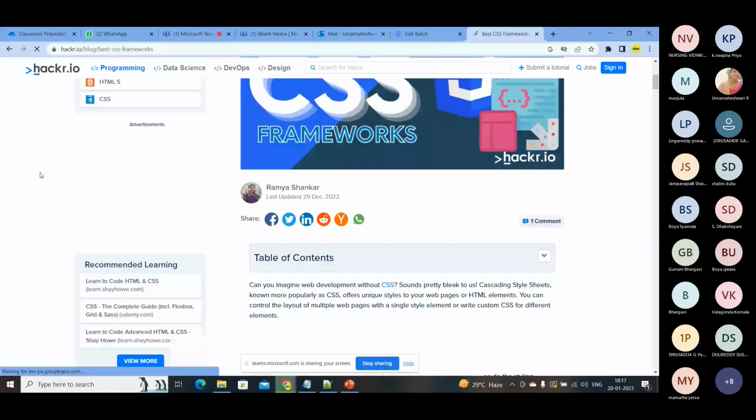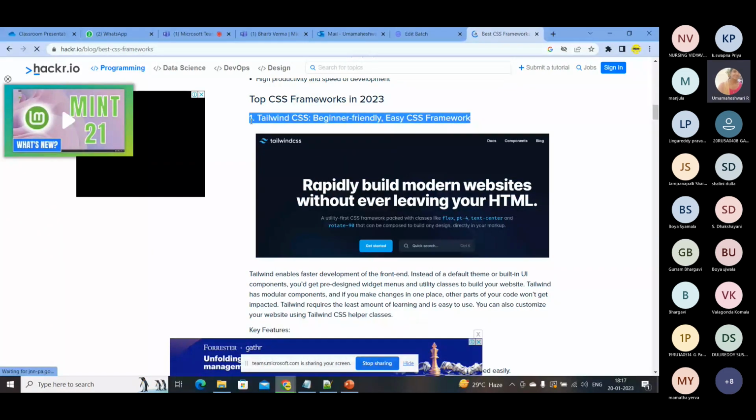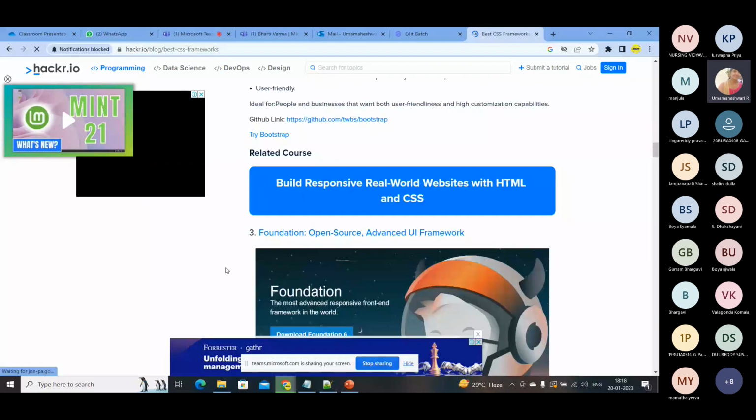Just come down. The first one is Tailwind. This is also one kind of framework. This was created by a developer. And here this is Bootstrap. It's popular and easy to use. And also we have something called Foundation. That is also a framework. And